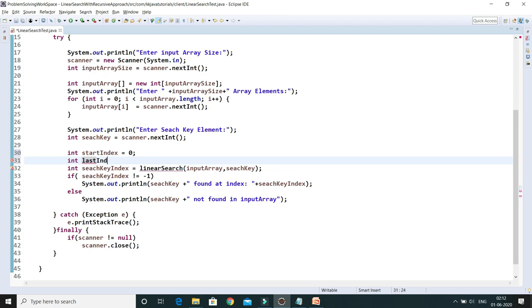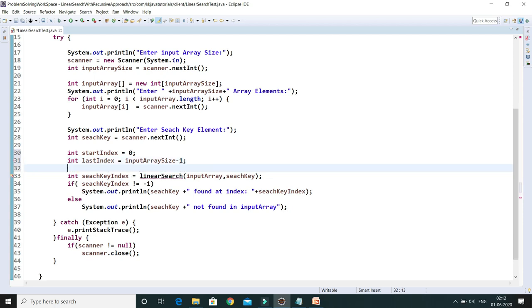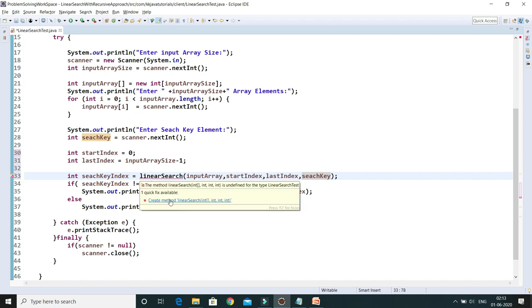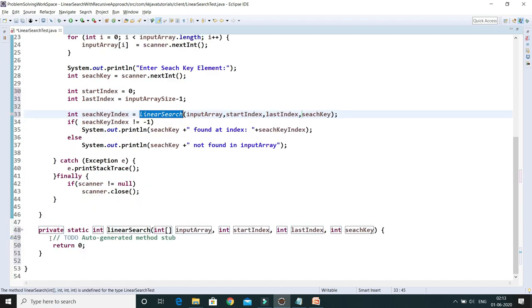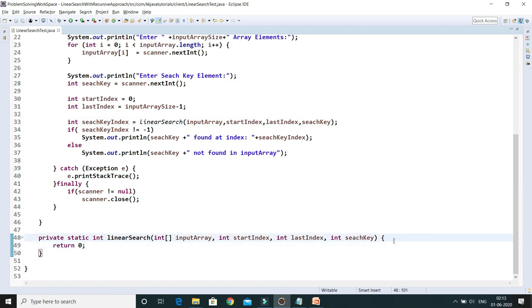The last index is nothing but the input array size - 1, right? And the last thing we have to pass is the search key, which is already there. So this method signature is going to change: first the input array, then the starting index, then the last index, and then of course the search key which we want to search in this array, right?